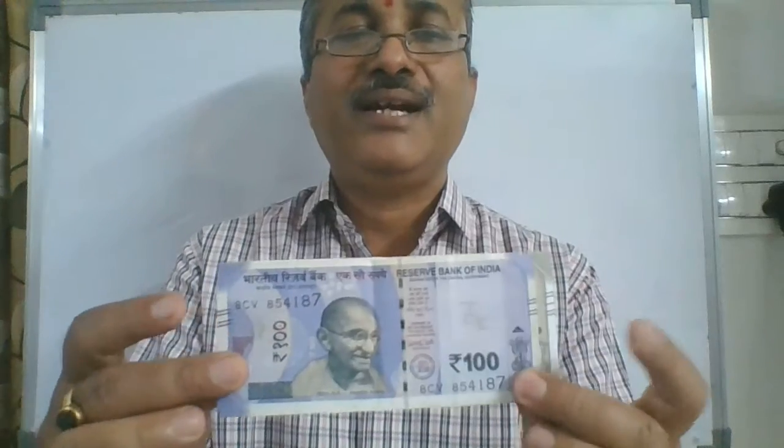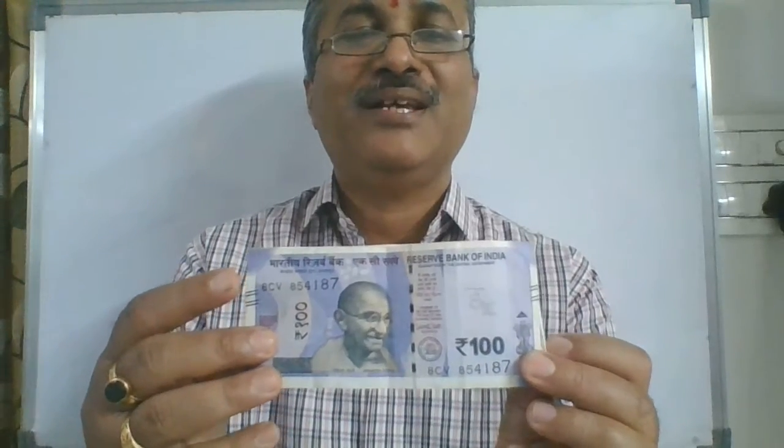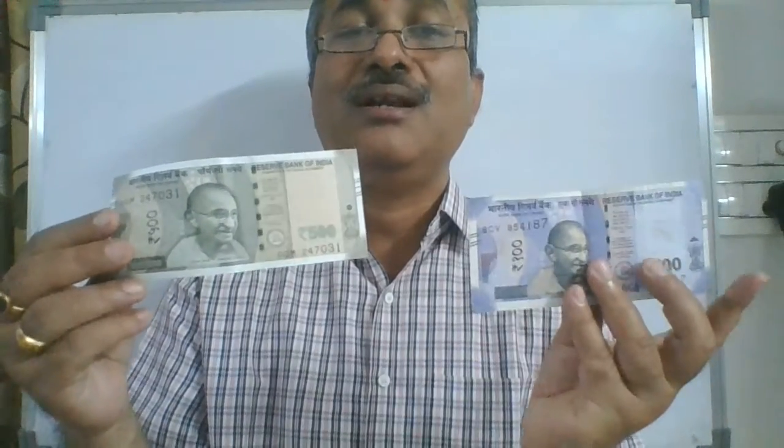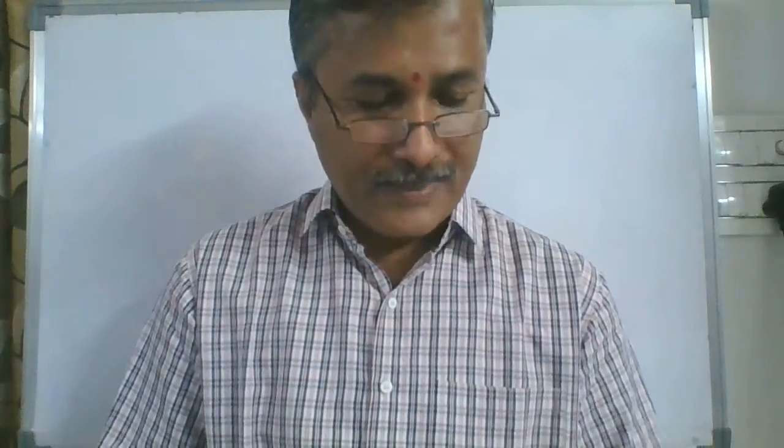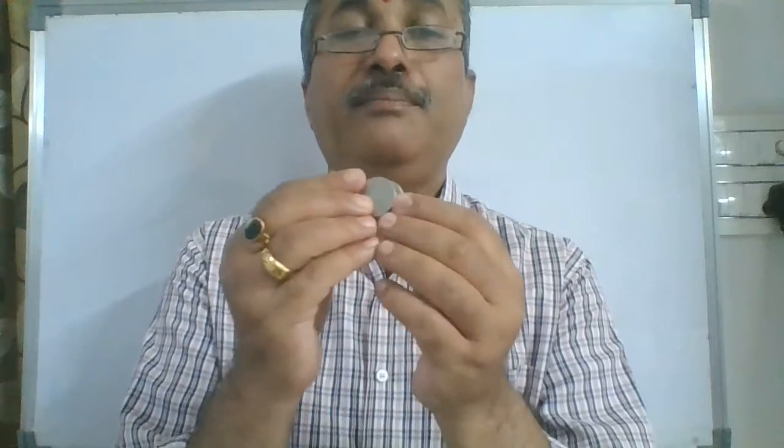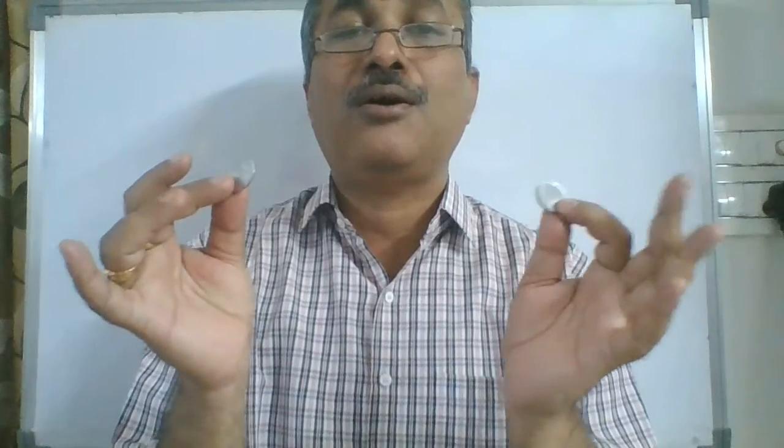If I take another note, that is a 100 rupee note, see here, do they coincide? No, this part is left over here, isn't it? So therefore these two are not congruent. These two are similar but not congruent. And for example, if I take this 5 rupees coin and this 2 rupees coin, if I compare them or place them on each other, they do not coincide. Therefore, they are called similar circles, but not congruent.